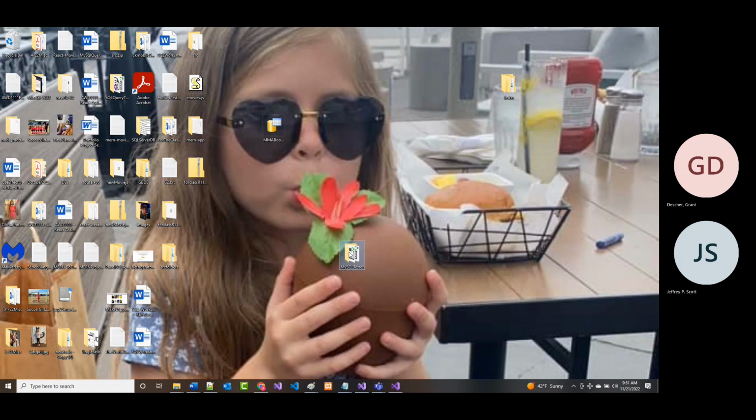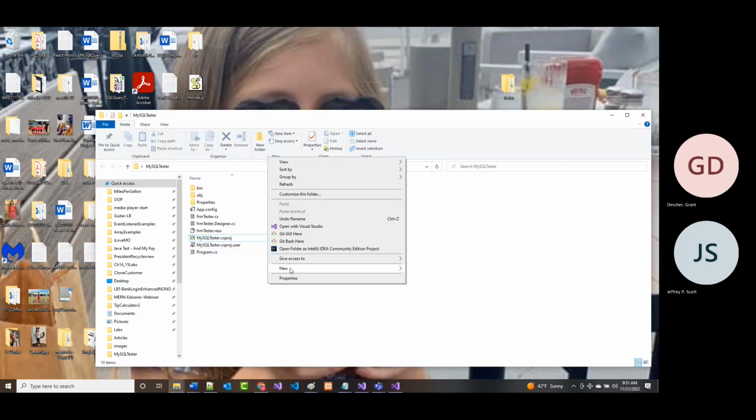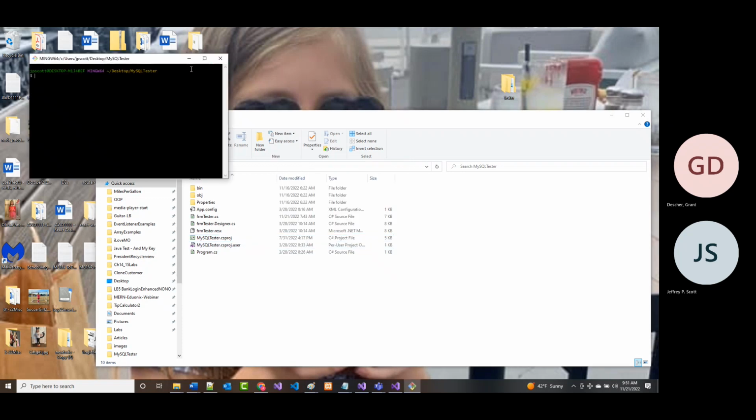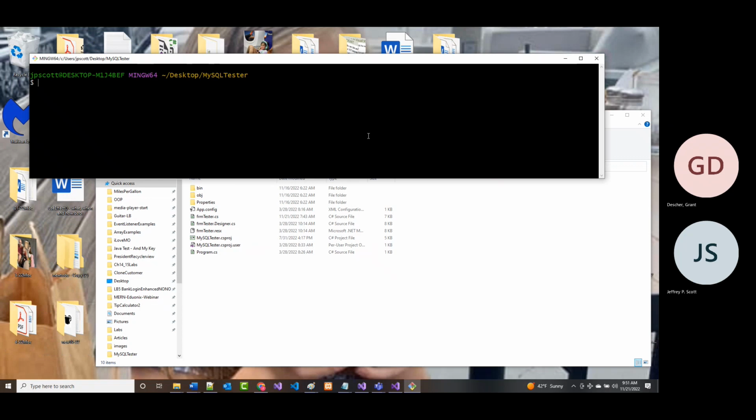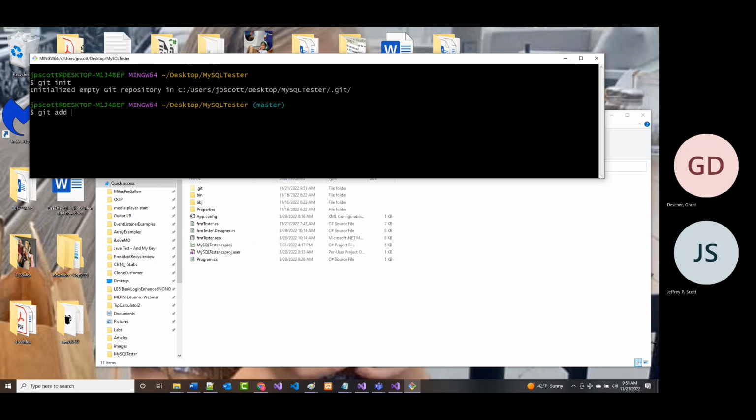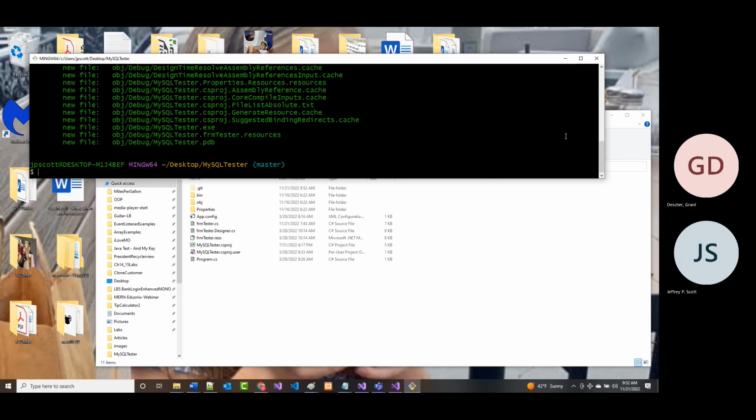Come into here, this MySQL tester, right mouse click, git bash here. You've seen this before. So git init, git add dot, git commit. If I want to see what's in here, I can type in git status. There's a bunch of junk, as you can see. There's all the project files. So git commit -m